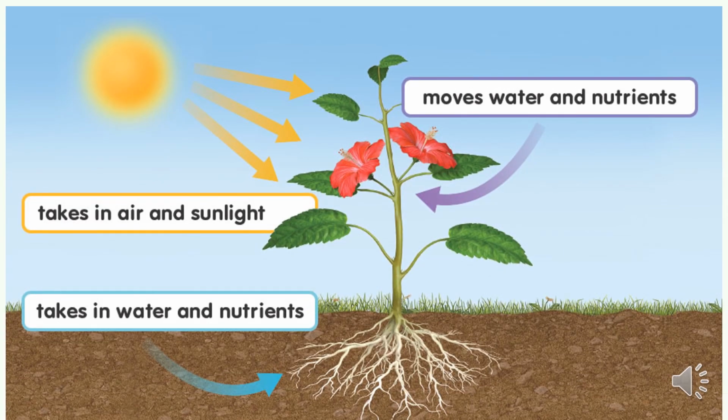Remember that the roots are the ones taking in the water and the nutrients. The stem is the one that moves water and nutrients, and the leaves are the ones that are taking in the air and